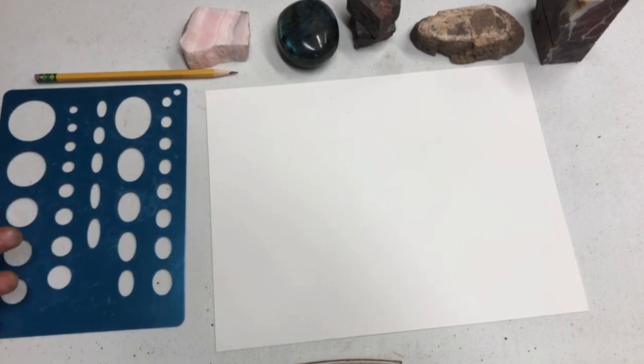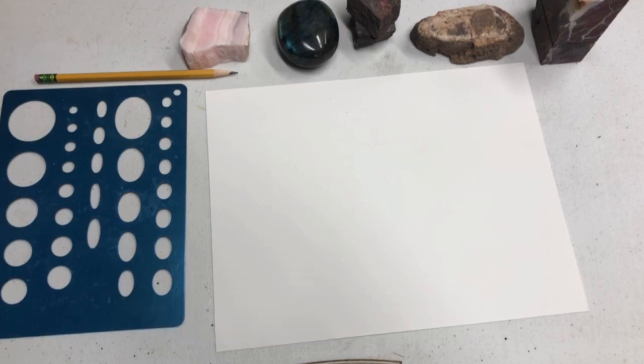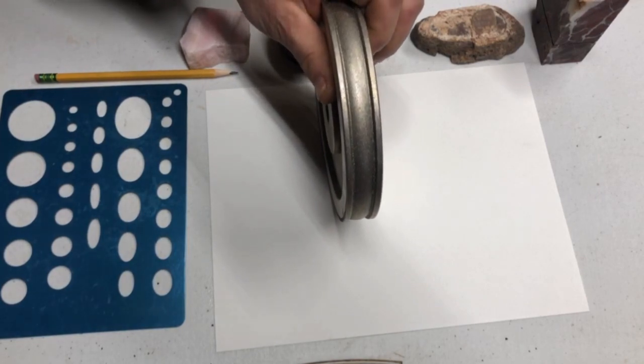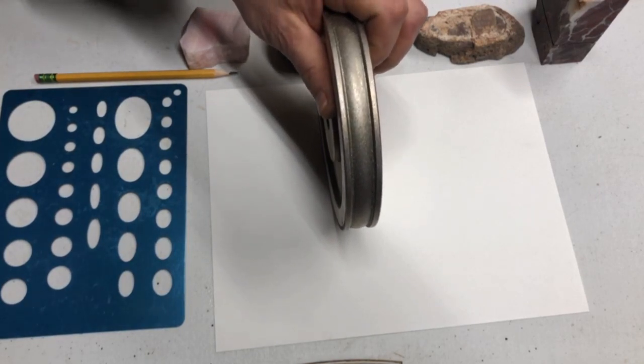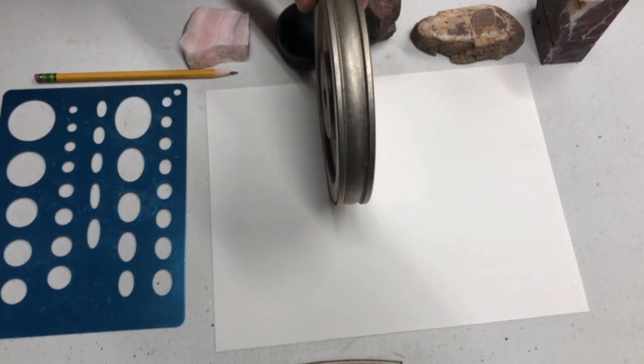Hi, I want to talk a little bit about the shaping machine and preforms. Probably the first thing to think about is the thickness of your material. It needs to be wider than the wheel. If it's not wider than the wheel, then it's not going to cut completely and you'll end up with work